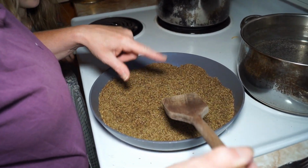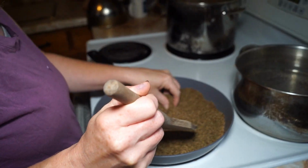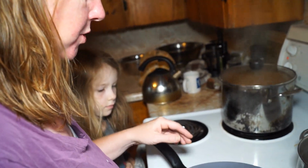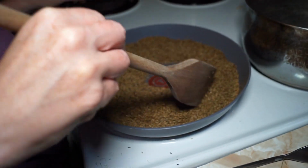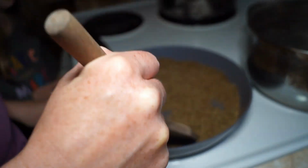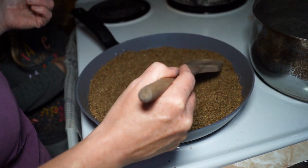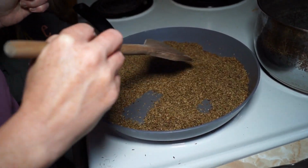So the nodding sedge that we picked in the forest the other day, it's been drying for a couple of days on a tray. Mainly just really to let all the insects get out of it. You may find the odd one. So what we do is we just roast it in the pan until it looks a bit like toasted jeera, doesn't it? Yeah. It does, and it starts to make a popping sound, like toasted jeera does. Same thing, it's a seed, isn't it? You get a nice smell. And then once it's all nice and brown,